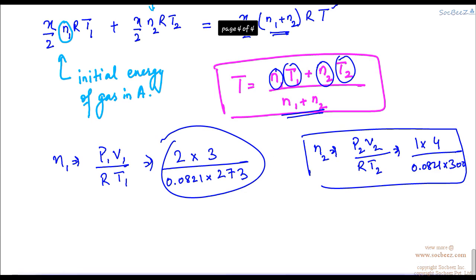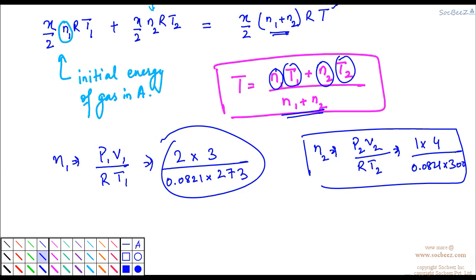If we substitute, we'll get the temperature here because we have all the required terms. T1 we know, N1 we know, N2 also, and T2 also. So this gives us a temperature equal to 283.2 kelvins. So this would be the equilibrium temperature. Using this equilibrium temperature, we can find the pressure as well. So the pressure would be given by,